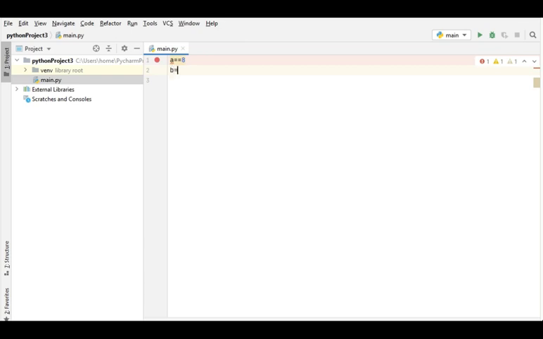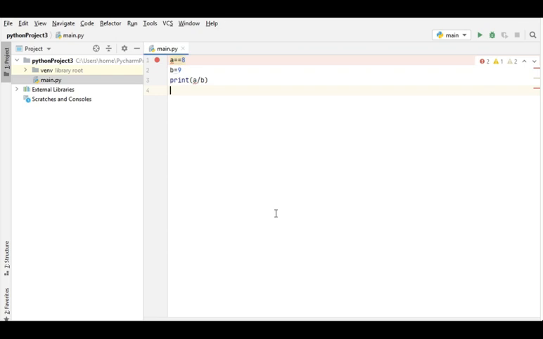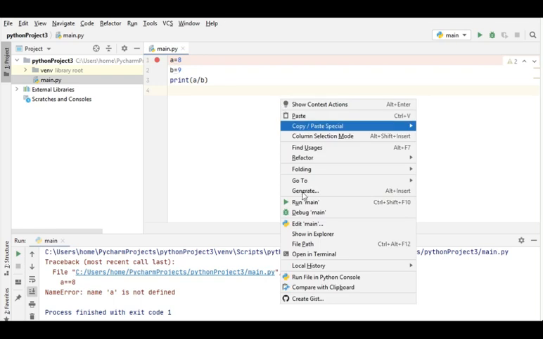So if you want to print a and then the result, okay, just a second, it's my mistake.